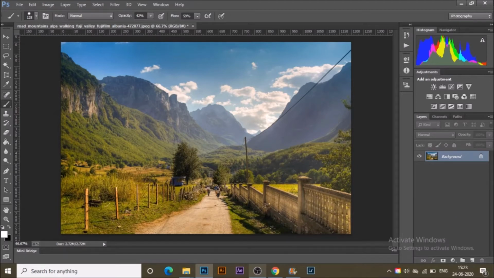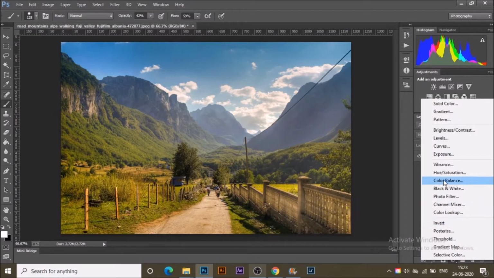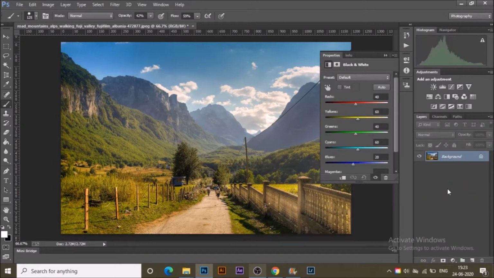Open that photograph. And now we will first go to adjustment layer and select black and white. As it says, it turns the photograph to black and white. This is the quick result that we get in general, but if we look in detail on the panel,